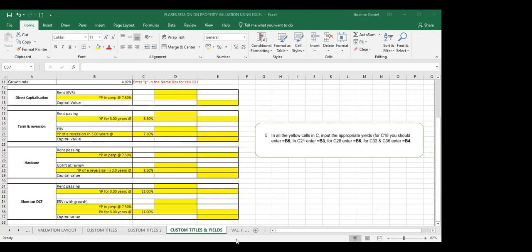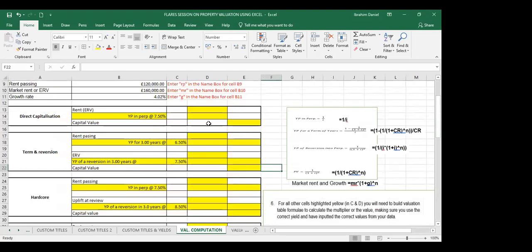All right. Now we're getting to the interesting part, which is the valuation bits. So we've done the layout. We've got all our titles. We've got all our yields. Now we want to do our valuation. Before I do that, I want to remind you of some things. In the valuation, we're going to be using the valuation table. And for direct capitalization, term and reversion, hardcore and shortcut DCF, the tables that we'll be using are number one,